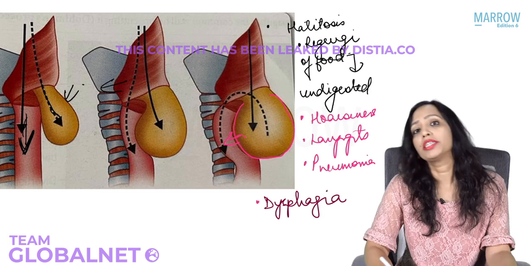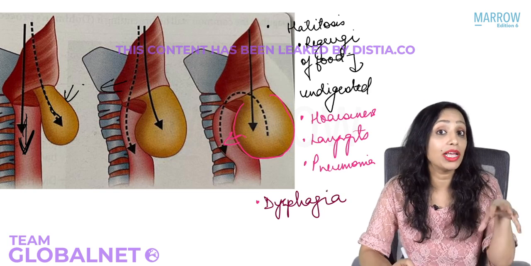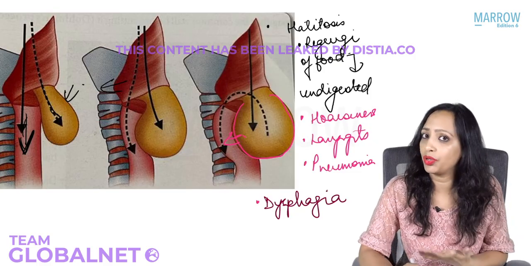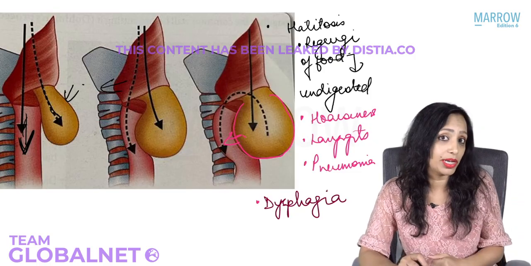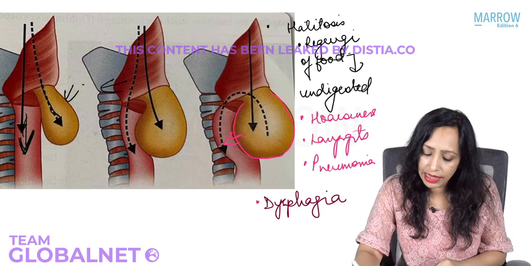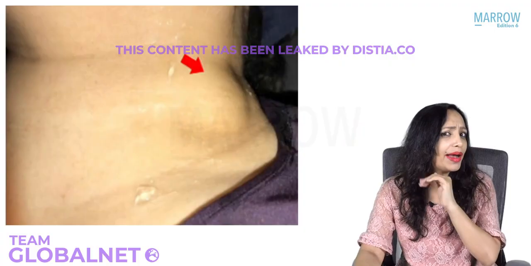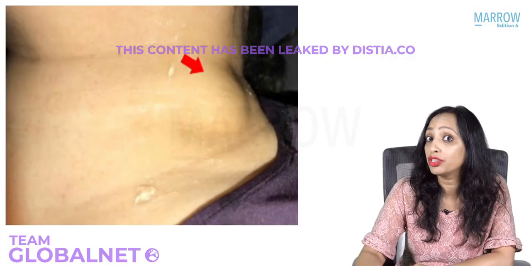Right? So this patient would have come with these complaints also, or maybe when the patient has come with the swelling, when you ask this history, yes, all this will be present in the patient. And now when you are seeing this patient here with this swelling here, how can you palpate this swelling and know that yes, this is pharyngeal pouch?